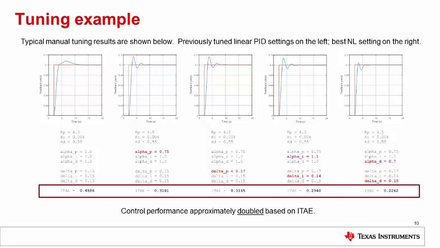The quality of response can be measured in various ways. We'll use a performance index known as ITAE, for which a function exists in the DCL. The goal is to minimize the ITAE index. We'll start by setting the alpha parameter in all 3 paths to 1 and tuning the controller as if it were a linear PID. The plot on the left shows what we might decide is the best transient response achievable